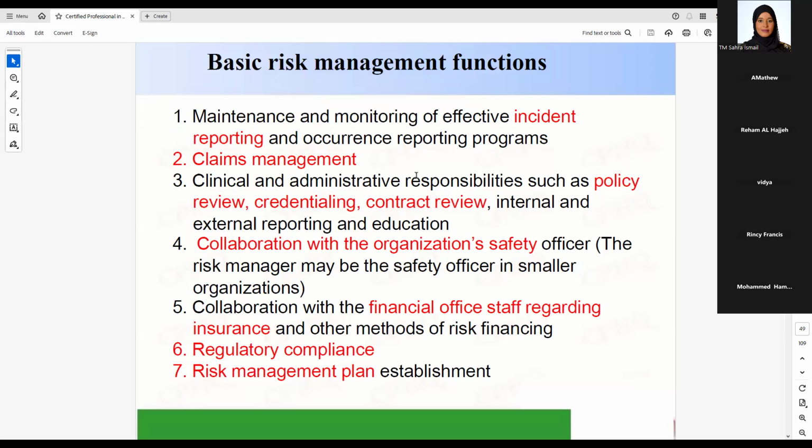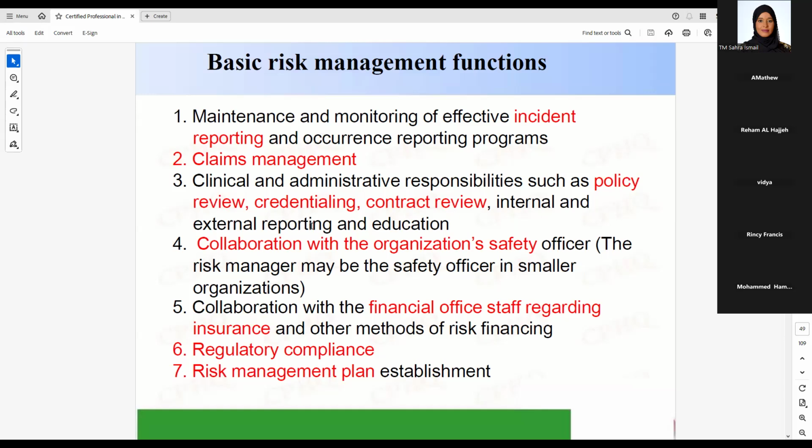The basic risk management functions include maintenance and monitoring of effective incident reporting. And incident reporting is the reactive risk management part, where the incident already happened. In some places, the risk manager is also responsible for claims management. And here we're talking about claims like legal claims and court cases. And then clinical and administrative responsibilities, such as policy review, credentialing, contract review, internal and external reporting